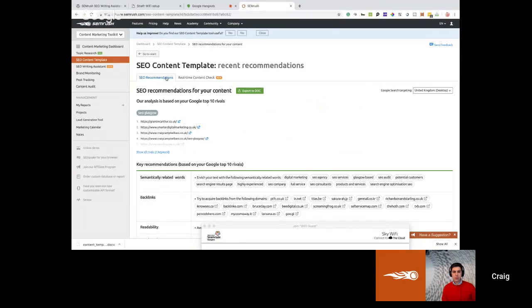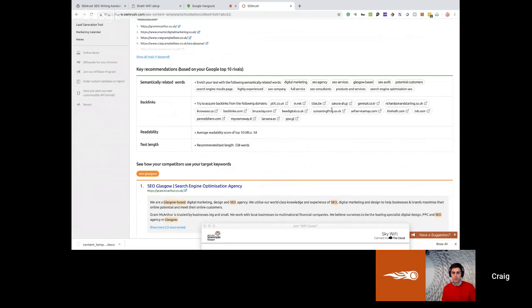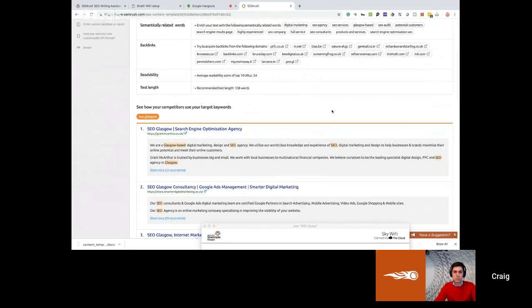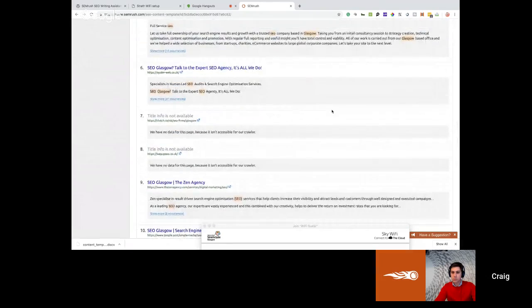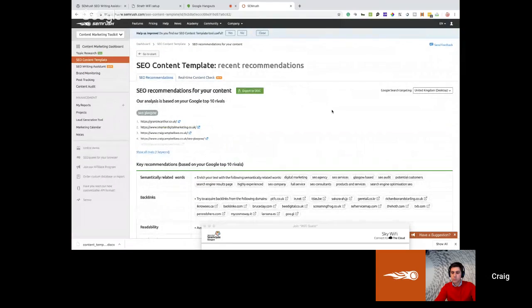You can go back and change your keywords and look at different competition and put in their stuff and all that kind of stuff, and basically collect a whole lot of data, get semantically related keywords, check out some good backlinks, find out what SEMrush feels the readability score is, and obviously try and get some substance to your content as well, because you need a bit of substance there. 200 or 300 words is not good enough. And again, the fact that SEMrush pulls all of this data together at the push of a button is really simple and easy to use. So you can work at scale with this. You can do lots of research and stuff like that, which is great. So that is the SEO content template.